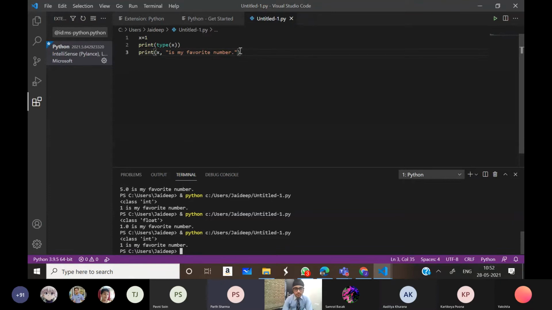What is the meaning of print type x? Here every variable has a type like string, integer, float. So it will tell the type of the variable. Like if I say 1.0, it will say float because my variable is a float. So it will tell the type of variable x. Float is a number that is a decimal, because 1.0 has a decimal in it. I think he is asking about the type function.